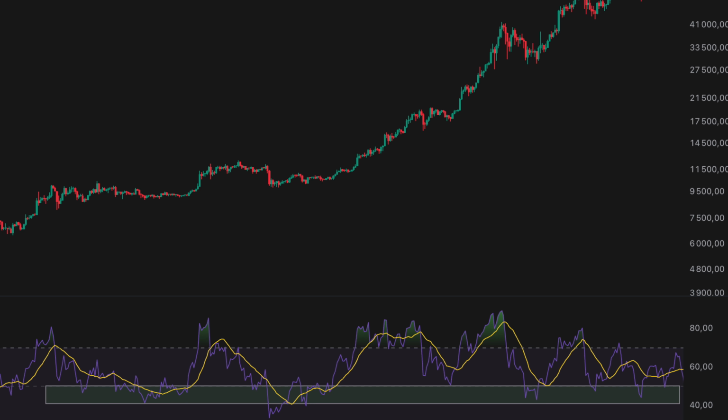Scenario 2. The 40 and 60 zone as a trend filter. In my opinion, this is the most useful application of RSI, and almost nobody talks about it. In a healthy uptrend, RSI pulls back to the 40 or 50 zone during dips and bounces off it. It doesn't break below it. As soon as RSI during a pullback drops confidently below 40 and stays there,